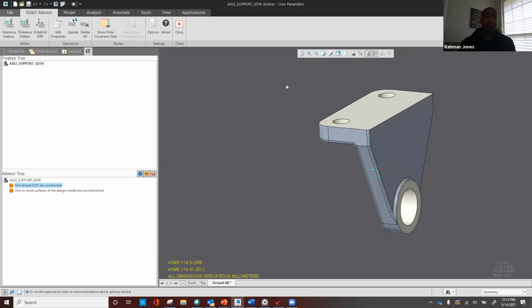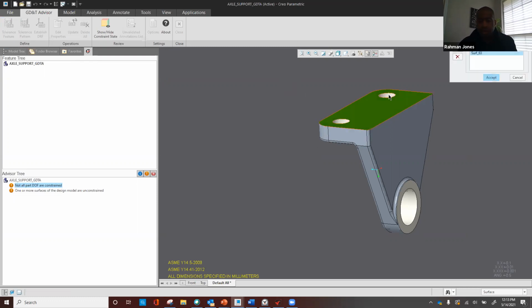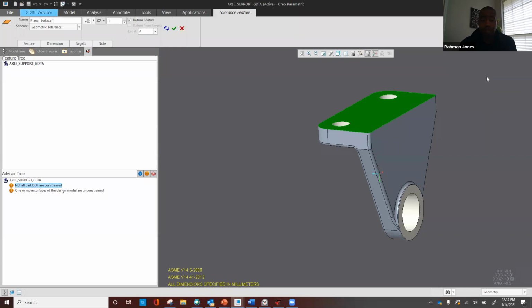Okay, so let's go ahead and author our first annotation using the tolerance feature tool. We're going to start with this surface that we identified as Datum A on the previous slide. Now, when we click OK or submit,